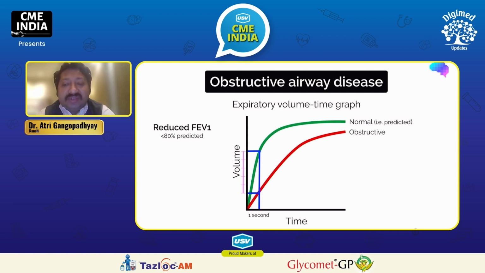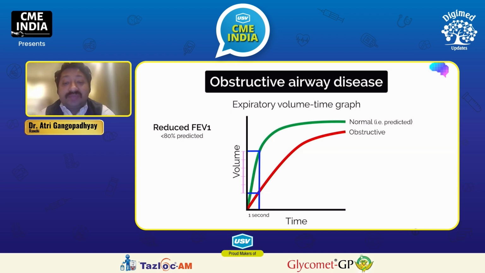And when there is starting obstruction inside it, that capacity will start coming down from 80. The moment it reaches below 70%, we use a medical term known as fixed airway obstruction. मतलब इनके सांस नली में अब एक परमानेंट रुकावट आ गई है. Fixed airway obstruction is also known as COPD or emphysema or various other parameters. So in obstructive airway disease, less than 80% of the capacity is emptied out in that first second